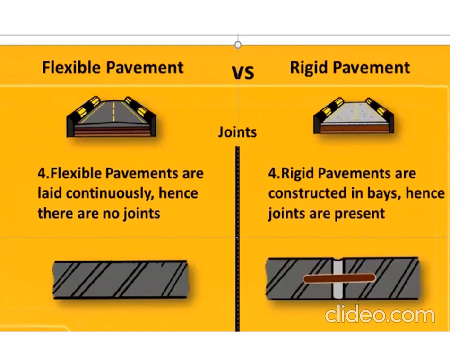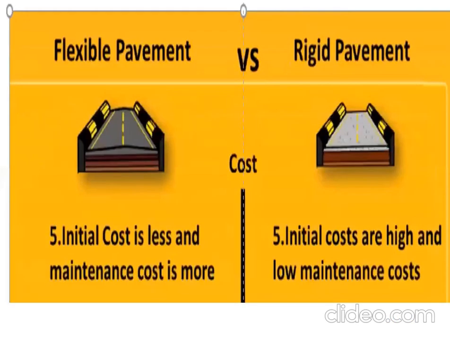Right? We go on to the cost, and this is where the whole decision on the type of pavement is made, and this is very obvious. If you are talking about initial cost, flexible pavement is always considered. And obviously the costs are high for rigid pavement, but the life cycle cost of rigid pavement sometimes offsets the life cycle cost of flexible pavement.